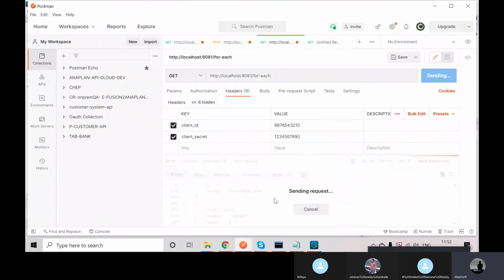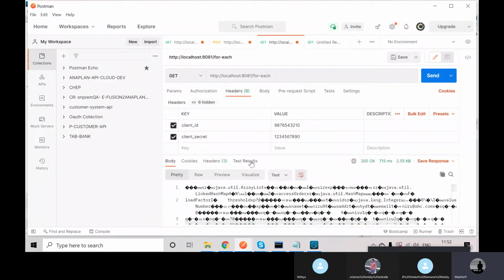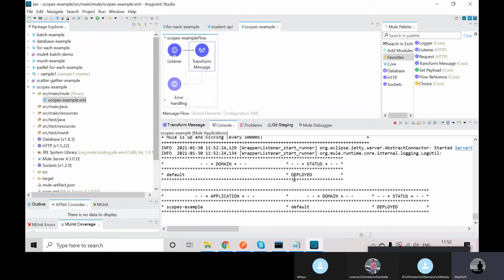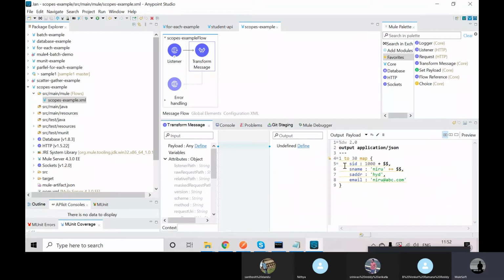How will it show? It is giving output in Java, so that's why we are not able to see it. If you set it to JSON, then it will show the 30 records in JSON format. This is the syntax to generate 30 records within the flow: 1 to 30 means it will take 30 iterations.